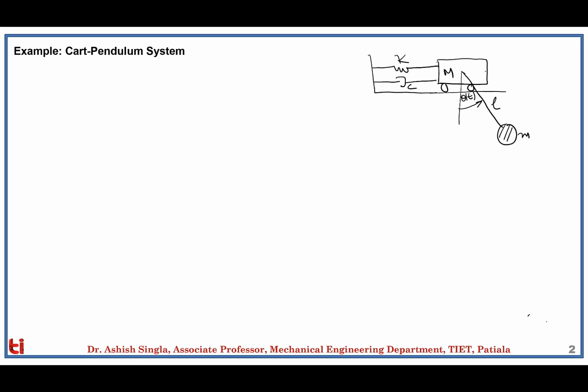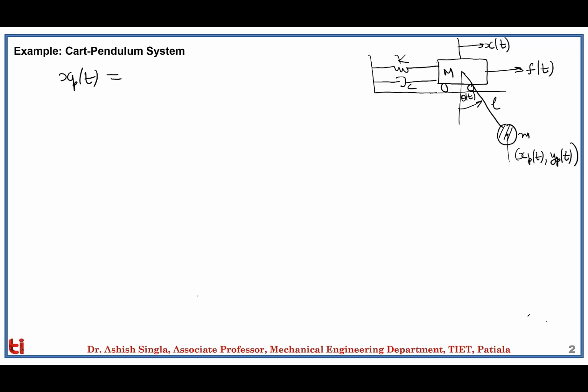Let's say there is an external force F of t being applied on the cart and X of t represents the displacement of the cart from the mean position. So let's assume that the string is massless and this pendulum can be treated as a point mass, and the center of gravity of this pendulum will assume the coordinates xp and yp,